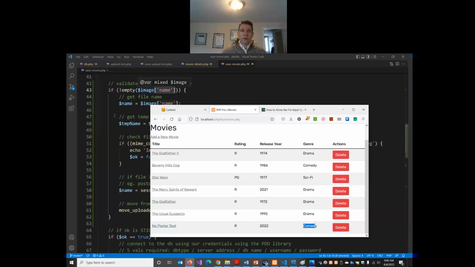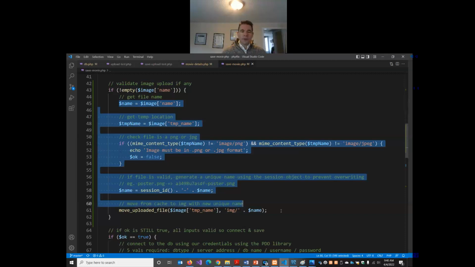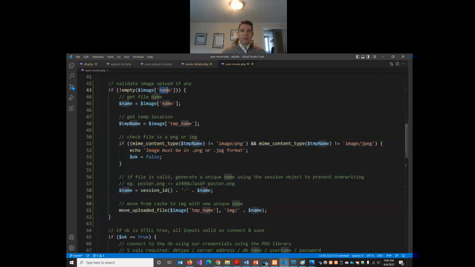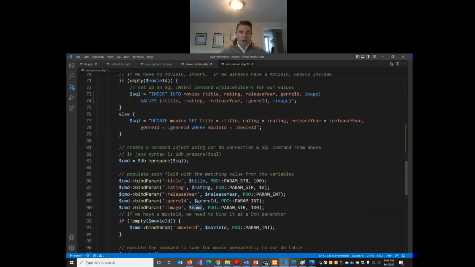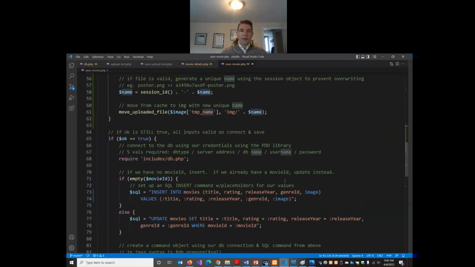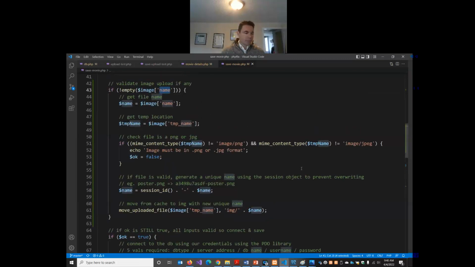So we're only going to do this code. This is only going to run if there is a file name, meaning the user uploaded something. If they didn't upload anything, we can skip it all. And then our image name just defaults to null, which is fine. So our code seems to be working the way it should